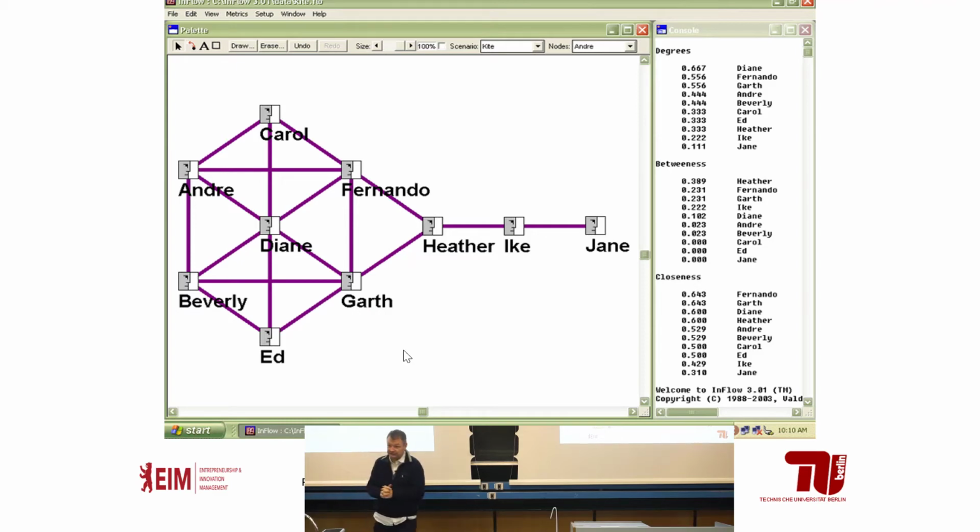Heather, in contrast, is not very active in the network, but is positioned in a way that she gets the right information, or the most information, in this network. So she's actually quite high in betweenness, because she also receives that stream of information. But she's probably not the most influential person, but according to theory, she might be the most creative person in the network when we look at it.